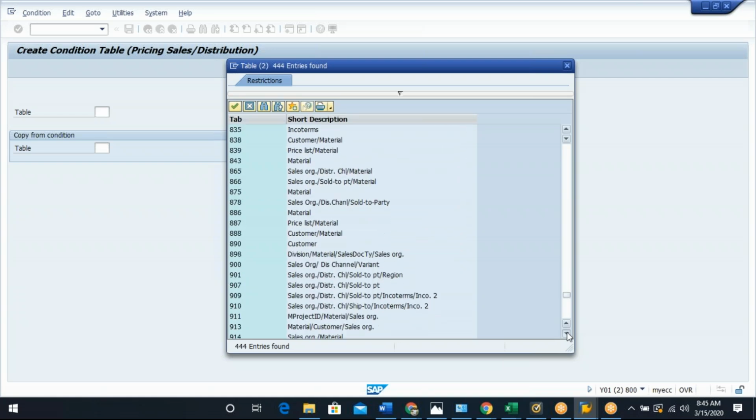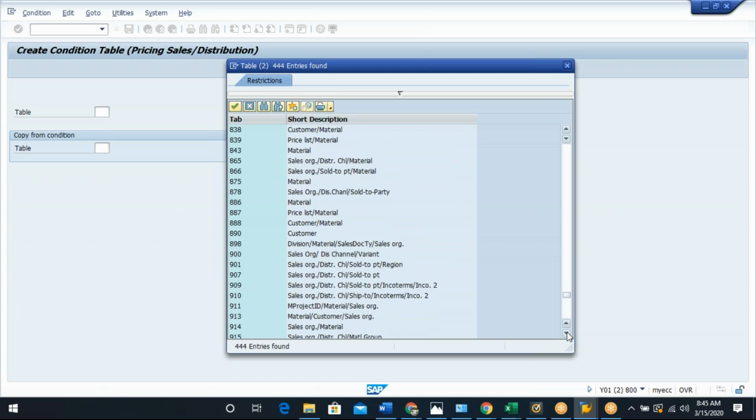Whenever you want to create any new combination, for example, sales organization, distribution channel, shipping point, plant, or a new combination: sales organization, distribution channel, division, plant, and then Incoterm. Like that,